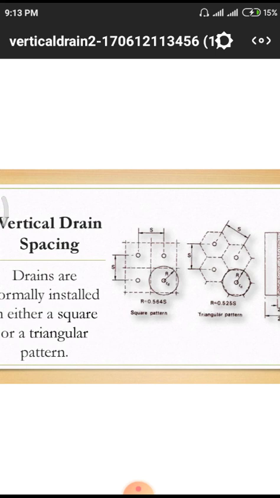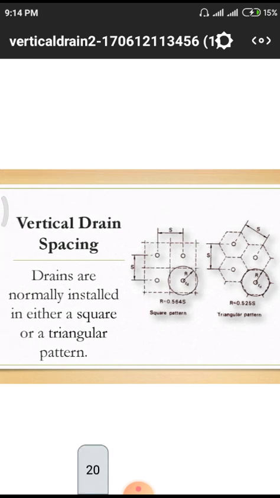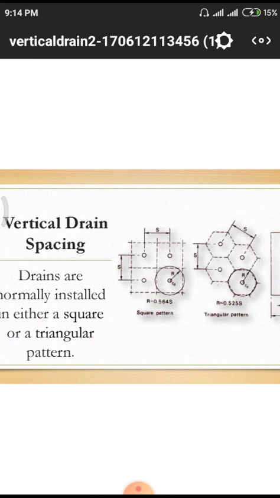First of all, we will go for this square pattern. On a square pattern, for each hole we need to maintain some equal spacing on 4 sides. That means whether it is the x direction, y direction or z direction, only the x direction and y direction, we have to give this spacing S. If it is a hexagonal pattern, that means a triangular pattern, we need to give spacing in 3 directions, bore to bore, and we need to mind the radius of the circumference of that particular borehole, and those values are also equal to 0.564 S, where S equal to spacing.